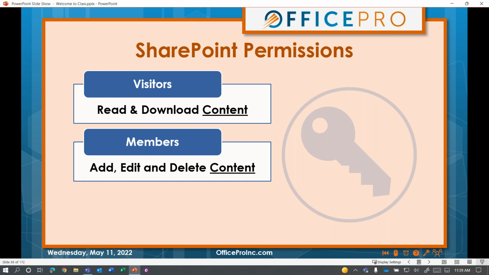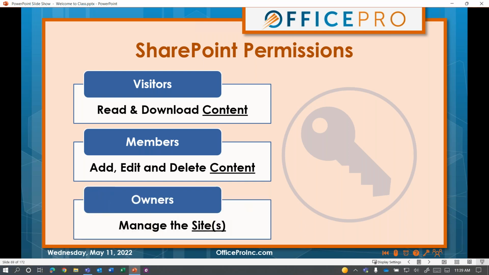But then we also have owners. Now, the owners, they own those SharePoint sites. They manage the sites. Depending on what use case the SharePoint sites are being used in, those owners may manage the membership of the sites. In other words, the permissions. In other words, they get to decide who is a visitor, who is a member, and who else are co-owners